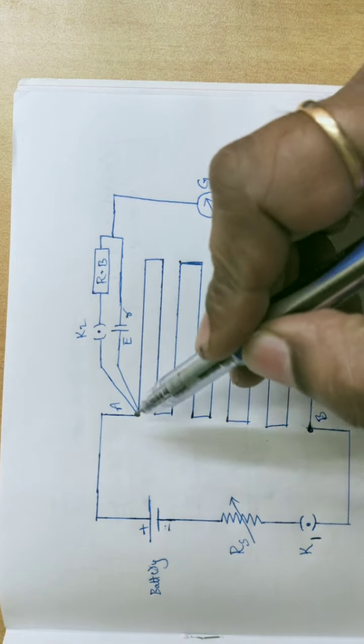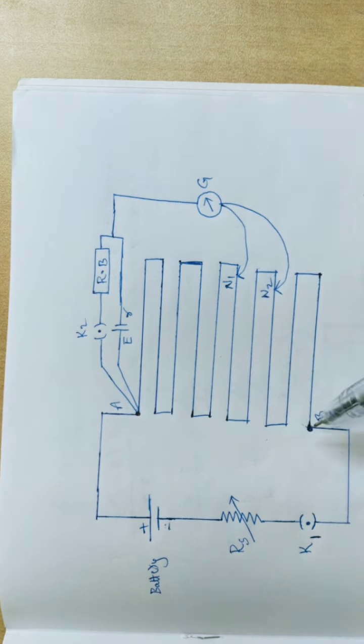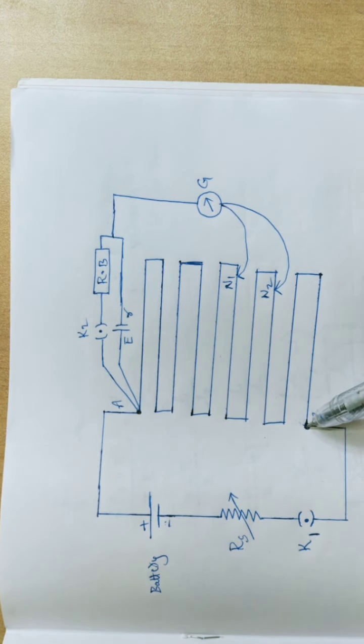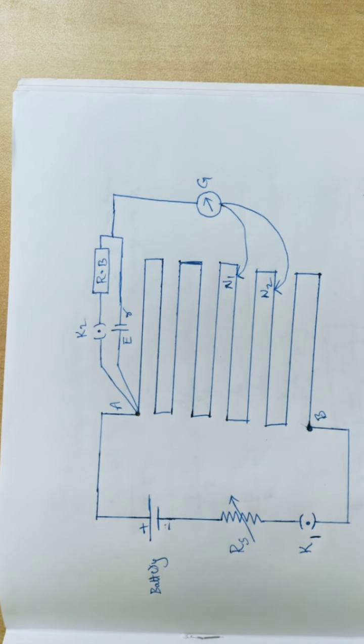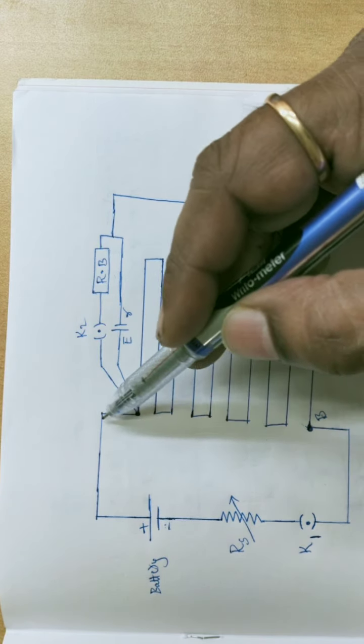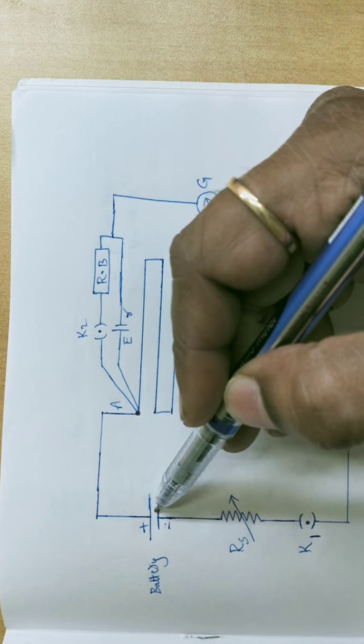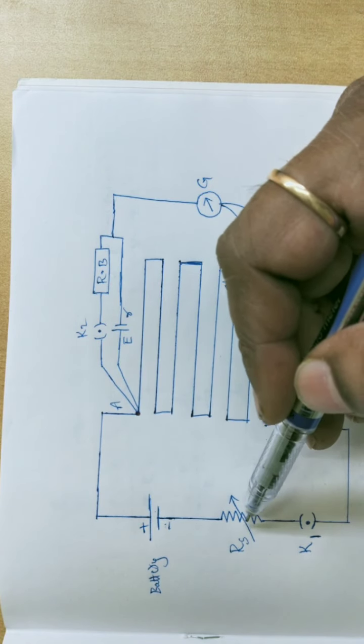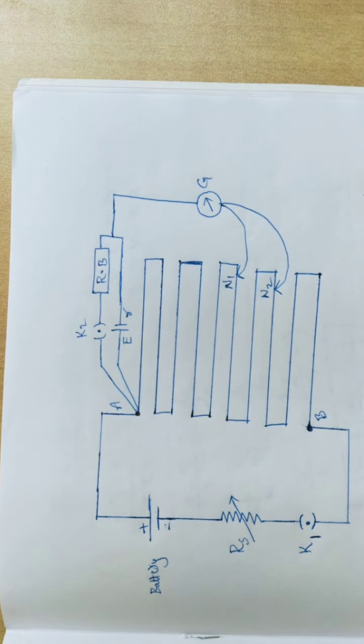So for example, this is one free end of the potentiometer wire, and this is the other free end. This total wire is arranged on a wooden board. These two free ends of the potentiometer wire are connected to one battery. Along with that battery, one series resistance Rs is also introduced. Along with that, one tap key, named K1, is also arranged. This is about the primary circuit in the potentiometer, which we already discussed.